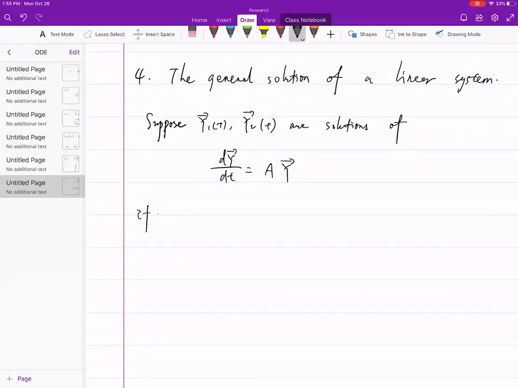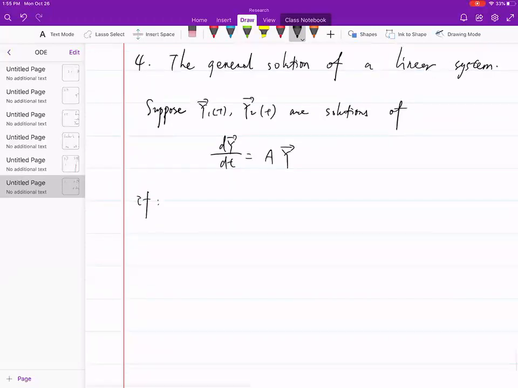And if y1(0) and y2(0) are linearly independent,